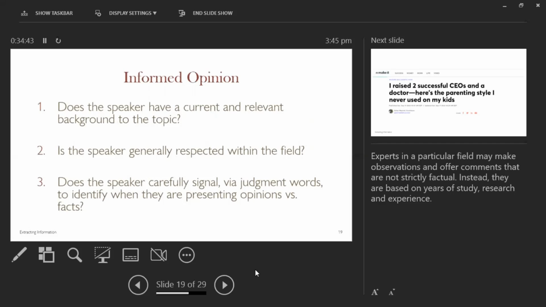So again, opinion is not evil. Some people who have relevant experience and knowledge can offer useful opinions. And even we ourselves, as normal people, can also give opinions on certain topics